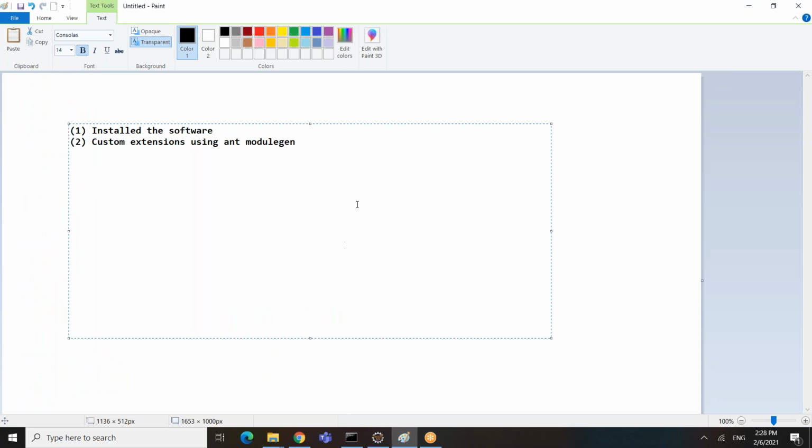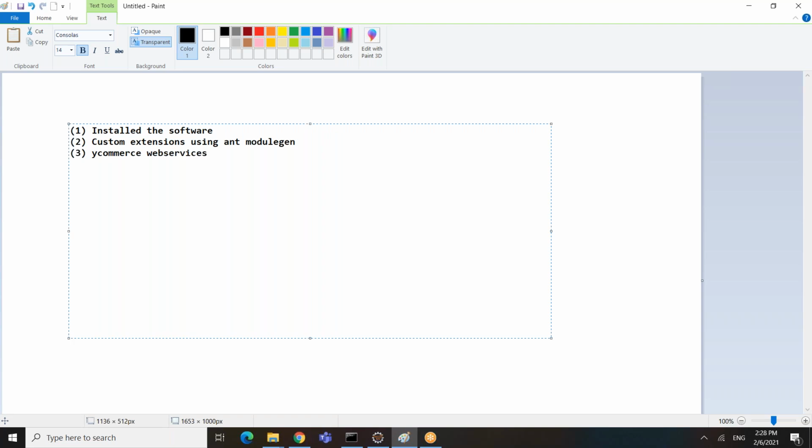The other step you have to do is, because we are talking about web services customization, ant modulegen by default is not going to create the web services extension. All the out of the box web services, like the order controller, product controller, cart controller, users controller, are available as part of the ycommercewebservices extension, which is out of the box.